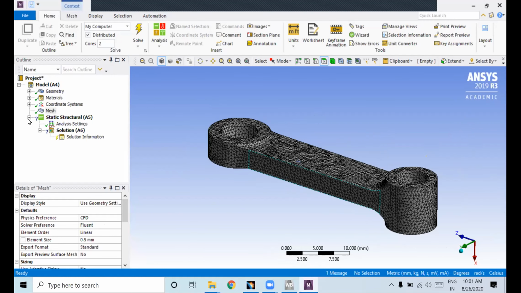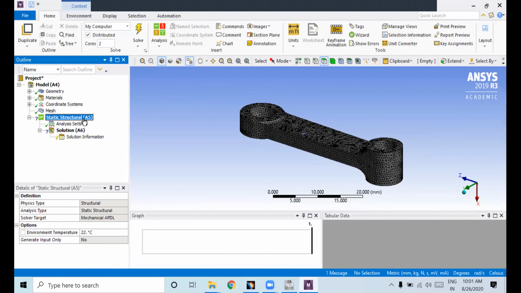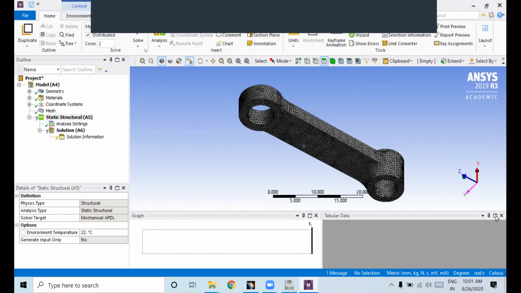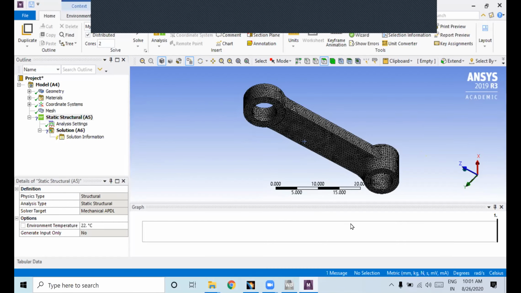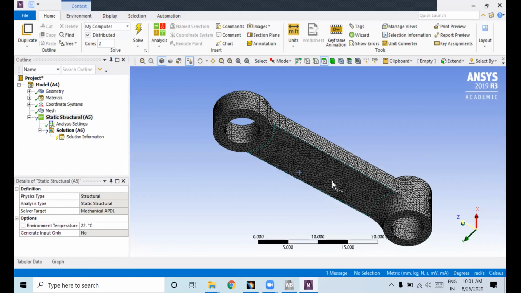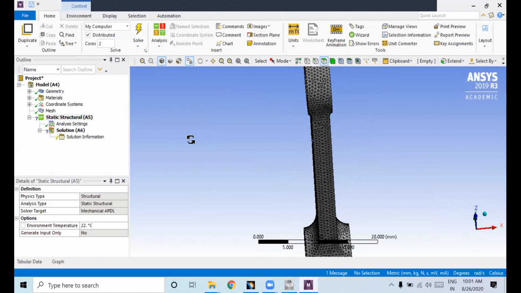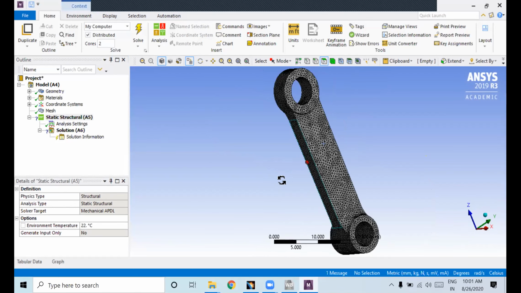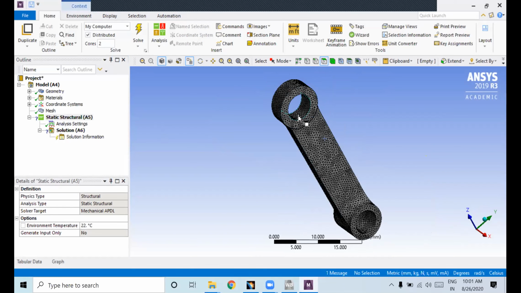So next we have static structural. Here in static structural you need to assign loading conditions and boundary conditions, okay. So how to assign that? So right click on the static, say what, as I told you. So I will just unpin this, otherwise it will take more time. Yeah, so here, you just observe, see this is piston end, this is crank end, right?